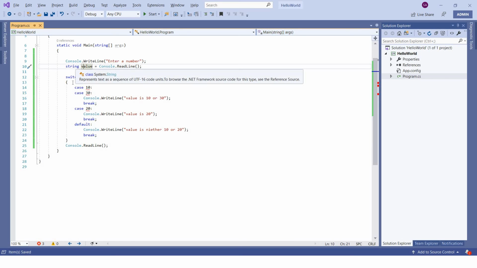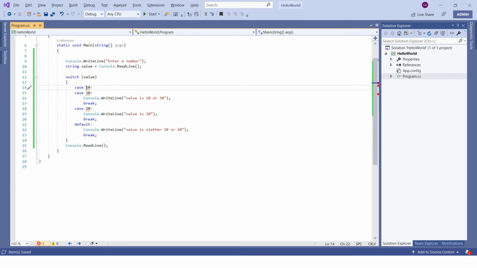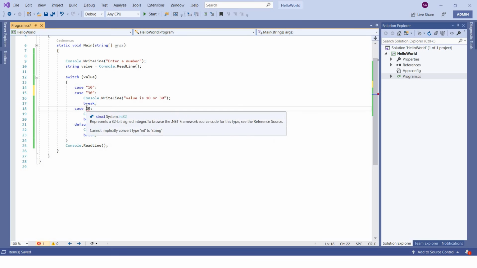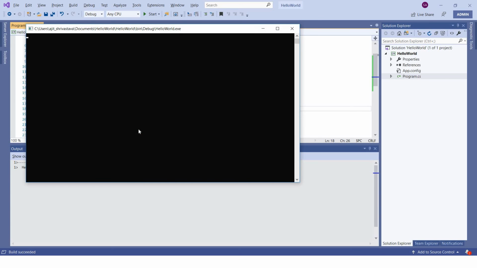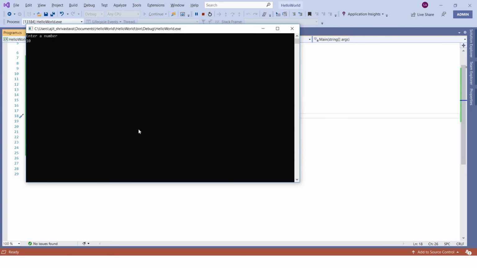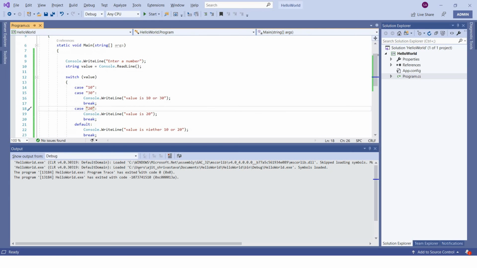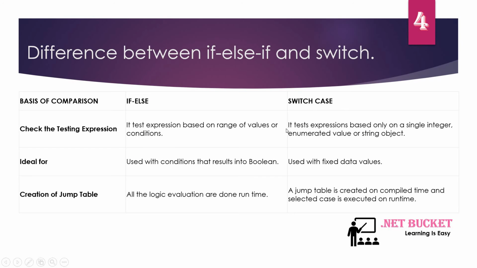Since the value is a string type, this case has to be converted to a string, right? And the result will be the same. If we run this and enter 10, you should be able to see the value is either 10 or 30. So the switch statement is capable of running on integers, enumerated values, string objects and all.